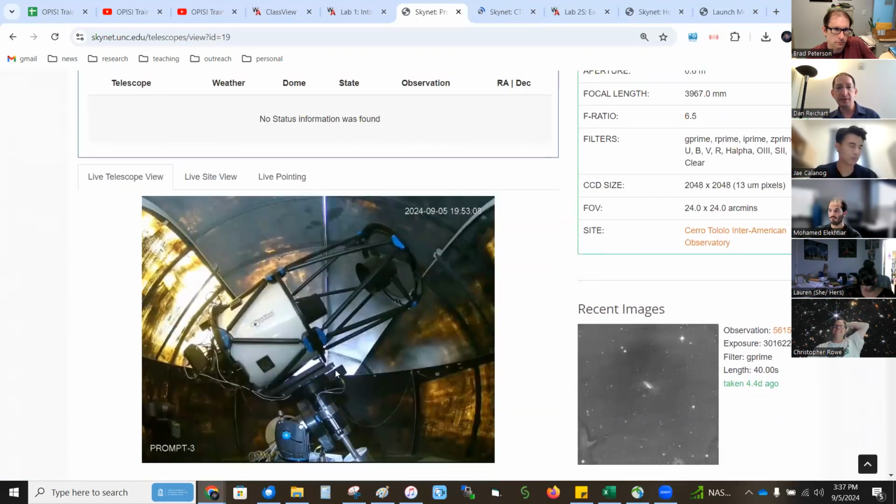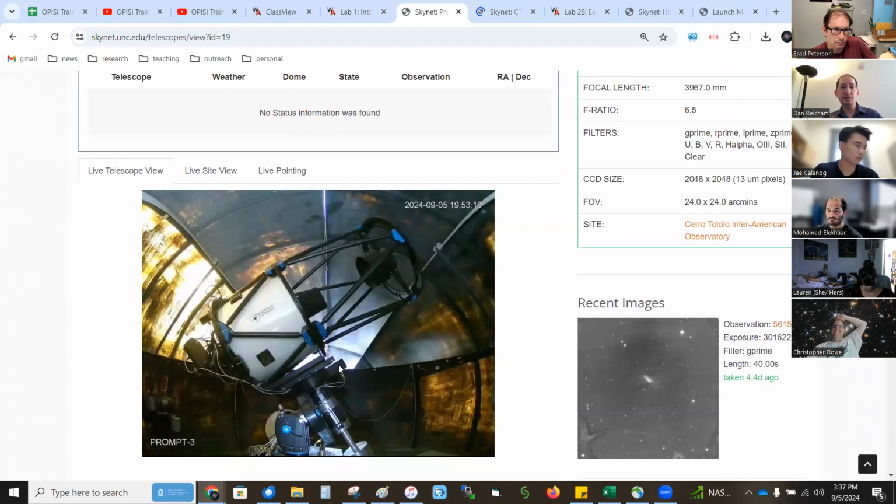And this is a live view of the telescope. Even at night, once the dome is open, if the moon is out, you can still see the telescope and watch it move around. And actually, during our orientation week, which is for us next week, we bring the students over to the observatory from their classroom, and we have our Moorhead telescope up on the roof, and they learn how to put observations in and watch it move. And I find that's a really useful experience to actually see that these telescopes are real.